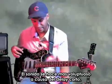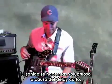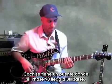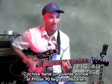That's just made to sound more voluptuous by the short delay, the slapback delay. Cochise may have a bridge part where actually the phase 90 gets used, which is